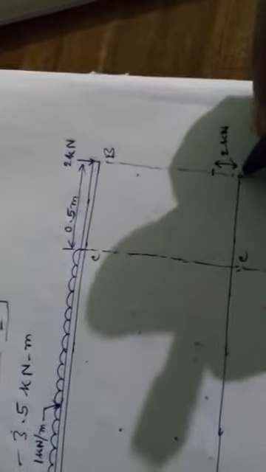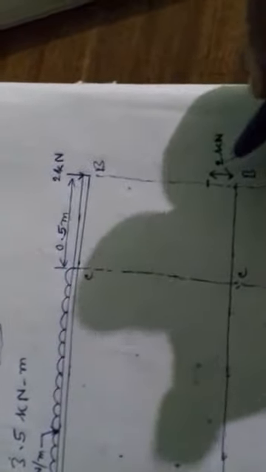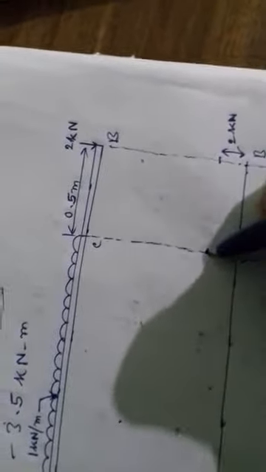That is, in this line above B, take some amount of value which represents 2kN, and as the value of shear force at C point is also 2, so take a point which represents 2, and as there is